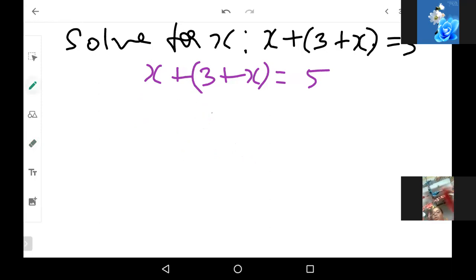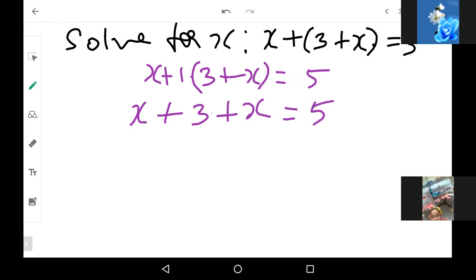Correct? Are you all able to understand this? So what we are trying to do is, x will remain as it is. 1 into 3 will give you 3. So it comes out of the bracket. When you multiply it, it comes out of the bracket. So plus 3, and 1 into x is plus x is equal to 5.